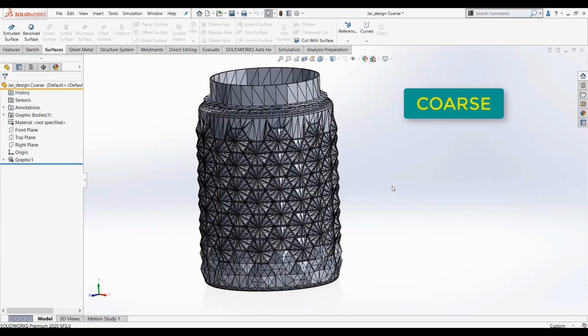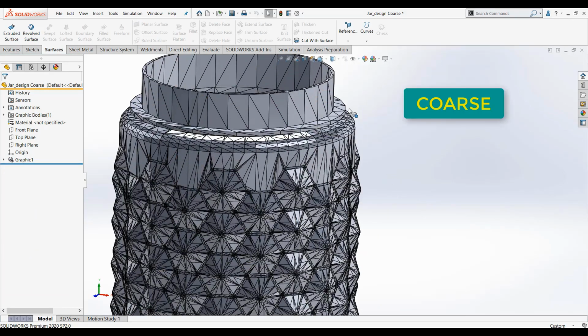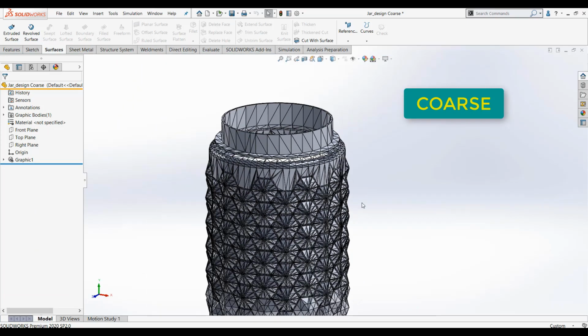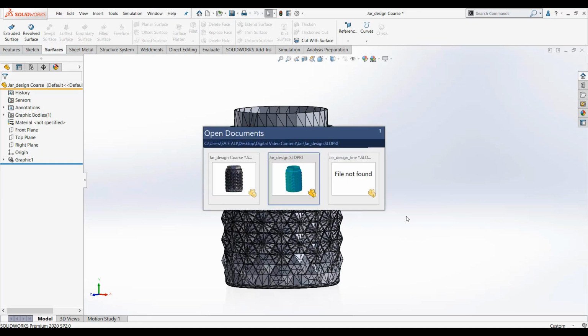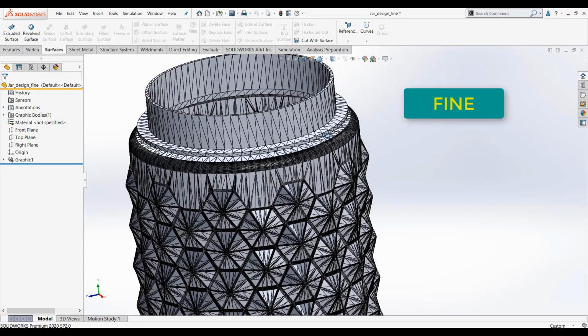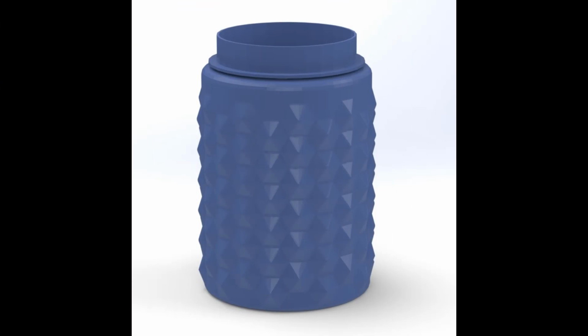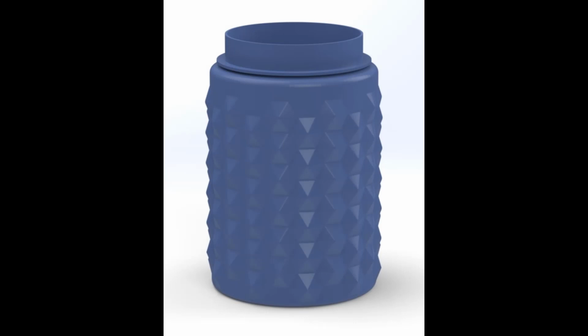I already have these mesh files produced. Let us have a look. We have the coarse one with not too many triangles, and hence details are missing. On the other hand, I have the fine, which is accurately detailed. The last thing we wanted to do here for the proof of concept is print these files out. So we have some photos of them here. In this case, you can see the coarse version having fewer facets, not much smooth. And then we have the superfine version, much smoother, nice looking, and that's impressive.